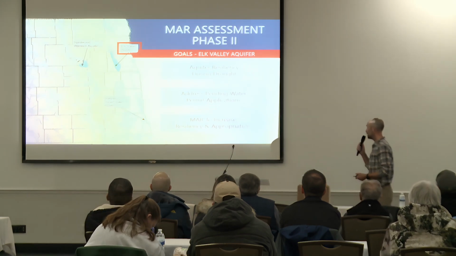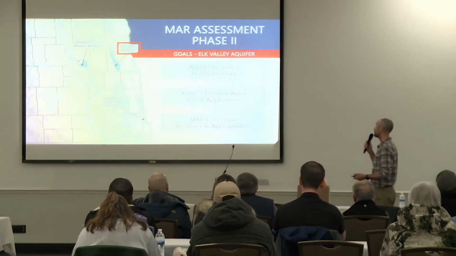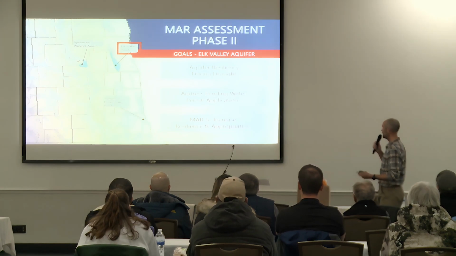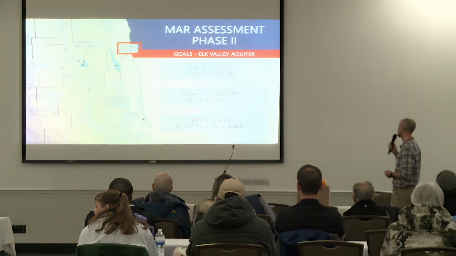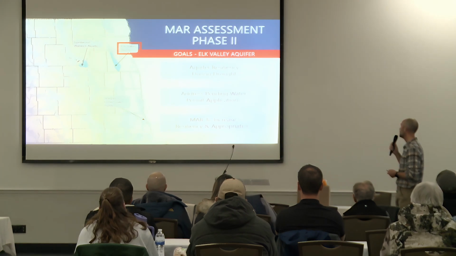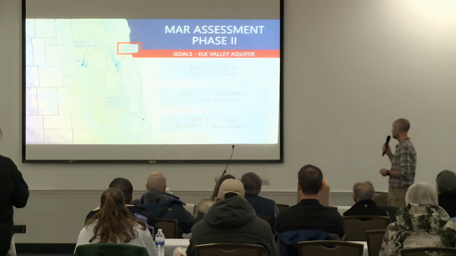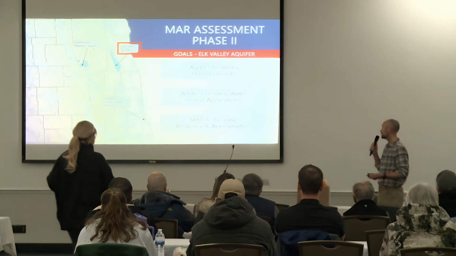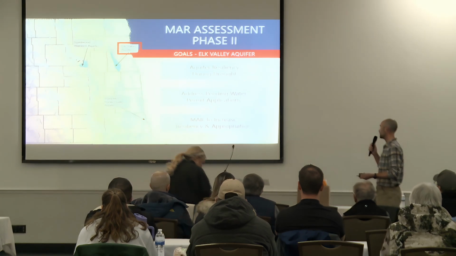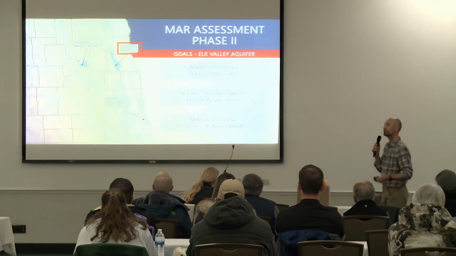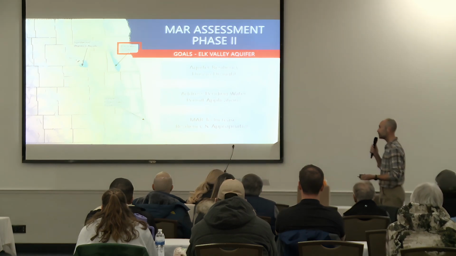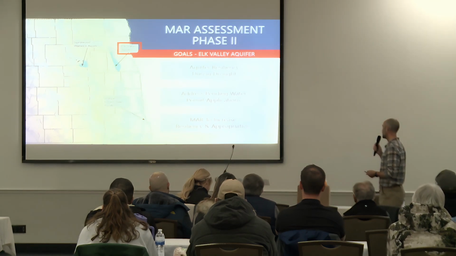So the first one to be assessed is the Elk Valley Aquifer. Elk Valley Aquifer is a confined aquifer up in Grand Forks County. There is a lot of irrigation. There's also a fair amount of municipal and rural water use that's coming out of that aquifer. So we want to assess the existing conditions and its resiliency during drought, given the level of appropriation now. It also has almost 50 pending applications that we want addressed through this